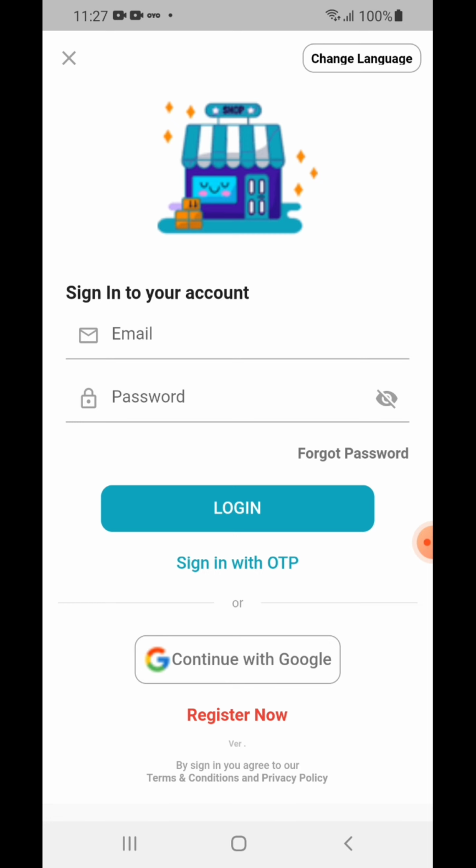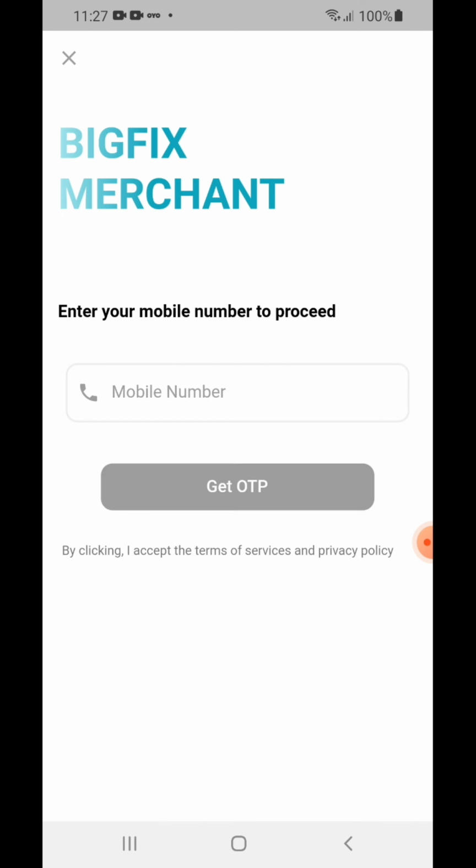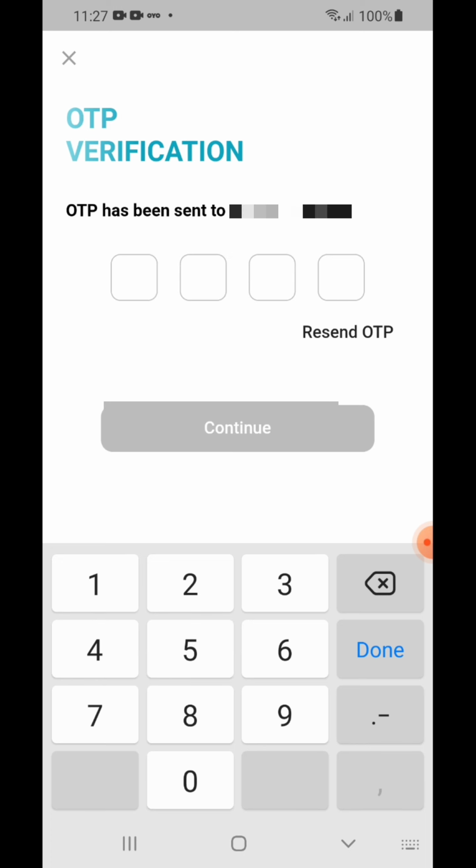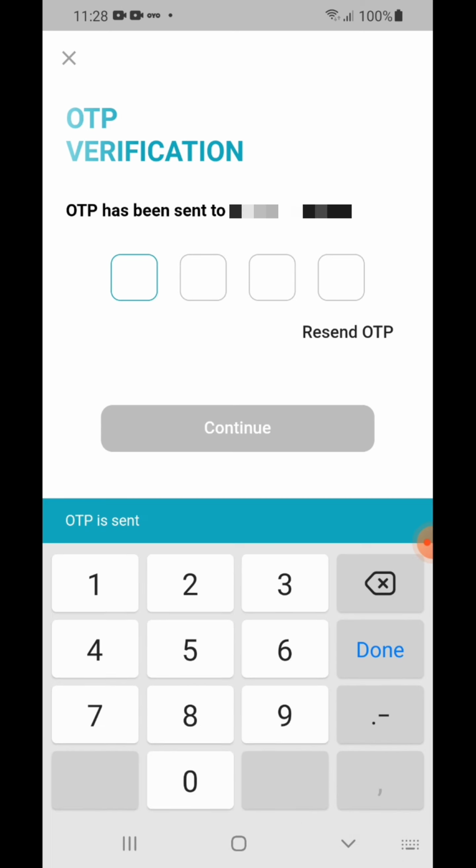First, you will need to register for the app and complete a KYC verification process. Once you are approved, you can log into the dashboard using email and password, mobile OTP, or Google, and start using the app. Register now. For the registration, you first enter your valid 10-digit mobile number and get the OTP. Once you receive the OTP, enter it